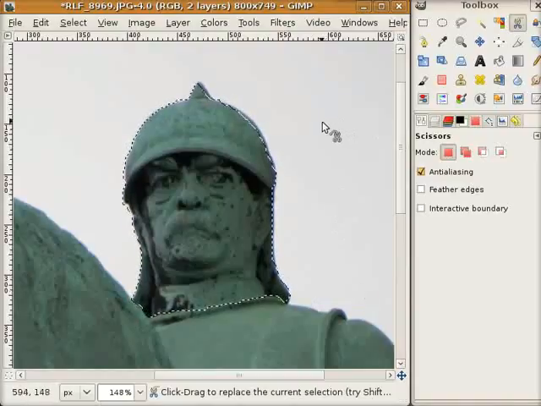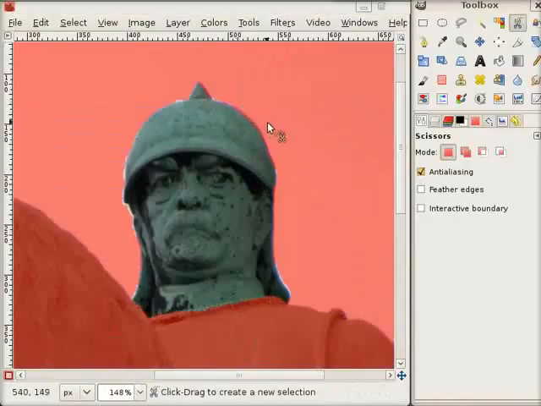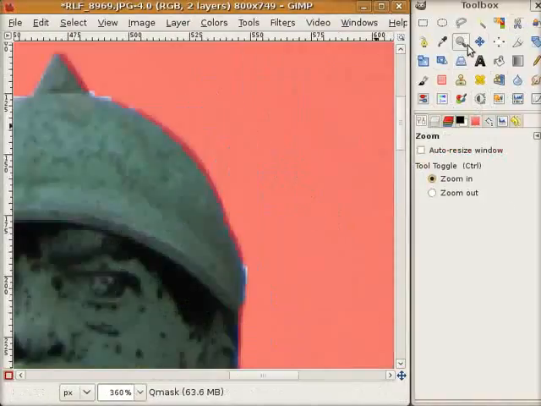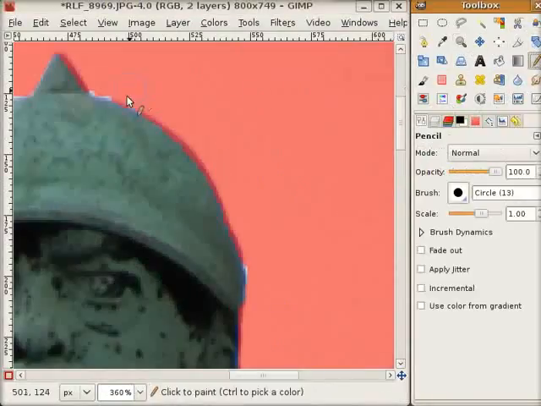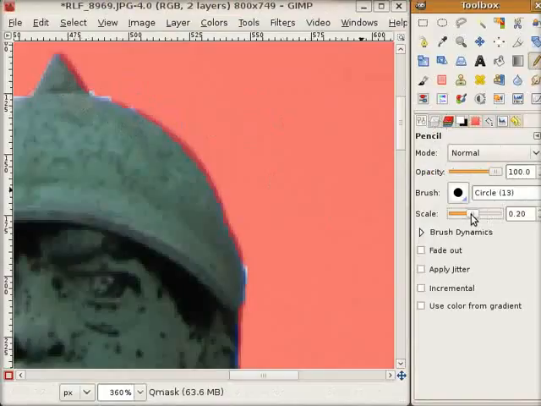I will come back to this selection a lot of times, but first let's correct this a little bit, and this I do with the quick selection tool. And you see here his helmet has to be fixed a little bit. I just take my pen and whoops, wrong color. Let's do Ctrl Z, correct this with Ctrl Z, and reduce the pencil size a bit. And I do this